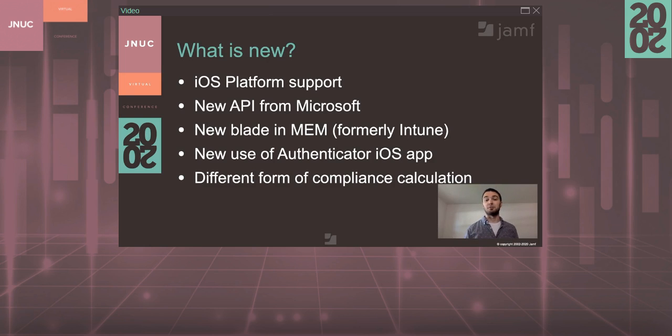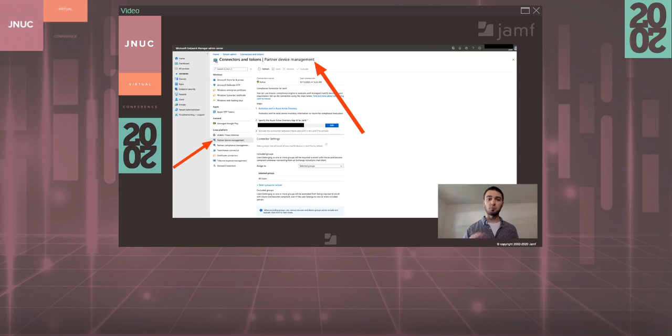We're also using a different form of compliance calculation with that new API, and we'll get in depth as I show a quick summary of what the macOS is set up like and how that is different from the new iOS integration. So first, if we go and look at the macOS integration as it exists today,